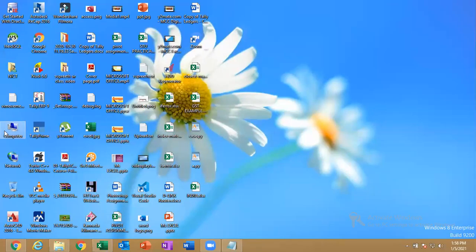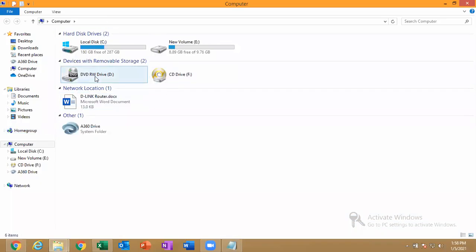If I open the computer, this is my thing. So local disk C, local disk E, local disk D, this DVD, and this is CD, and other things are there. So let's see here, local disk C. This is the C partition where all my software has been installed. You can see a logo is there, right? So this is where all my software has been installed in this local disk C. Everybody will be having local disk C.